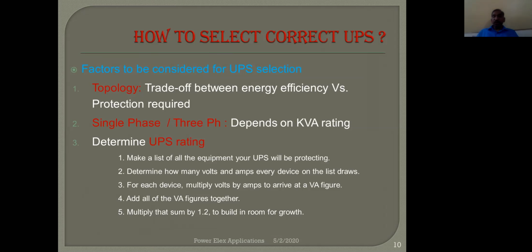Then take a decision on topology and single or three phase. Then look at whether you want a rack mount UPS or a freestand or a trolley type of UPS, so that you can carry it. Anyway, for large UPS, batteries are stored separately, because for a large UPS like 20 kVA, if you have batteries of 100 Ah, 120 Ah, 150 Ah, whatever rating, then this will be a huge battery rack that cannot be incorporated inside a UPS cabinet. So we have a freestand in that case. This is how we select a UPS.